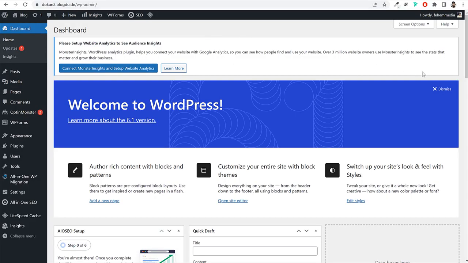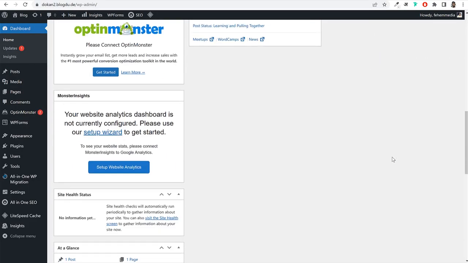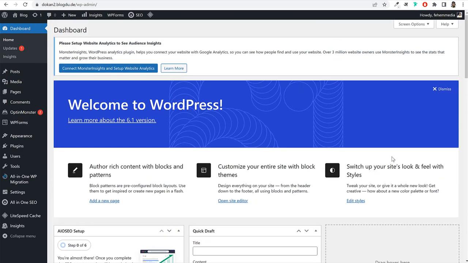Now this is your dashboard. This dashboard page is the most important page of your website because you will be controlling your entire website from this page. So whether you want to manage your products, manage payments, manage your sellers, anything like that, you'll be doing everything from this dashboard page. And whenever you want to come to this page or log into this page, you have to enter your website name, and after that put a /wp-admin,